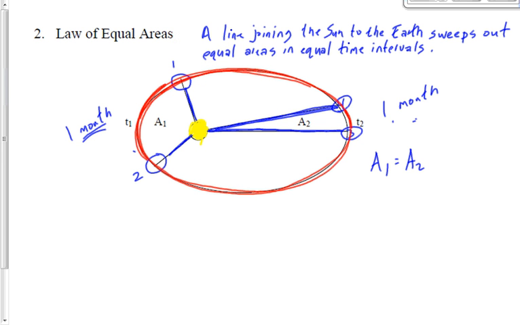Finally, the third law. We call it the law of periods. The law of periods is a more mathematical law, but we don't actually have to do the mathematics with it. We'll set it up, and we'll kind of leave it there. The law of periods says